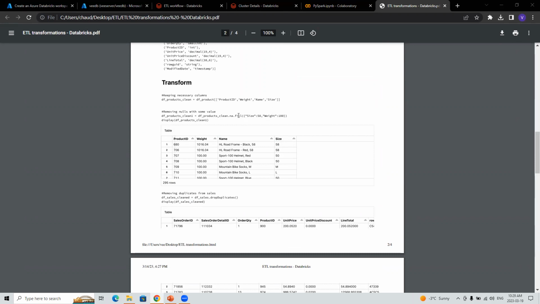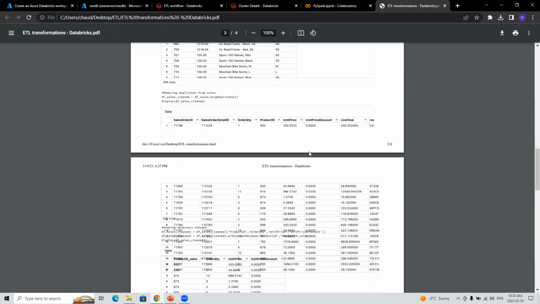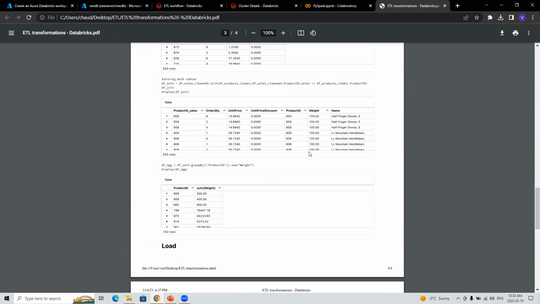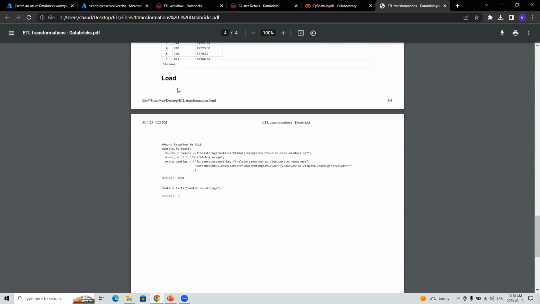But by transformation, I meant you can make a new column from size by multiplying it by 100, or multiply weight and size to get another column. But yes, you're right, you can do it with data frame dot withColumn and add one more column. Yes, exactly.